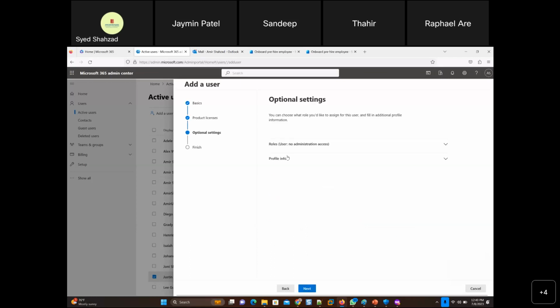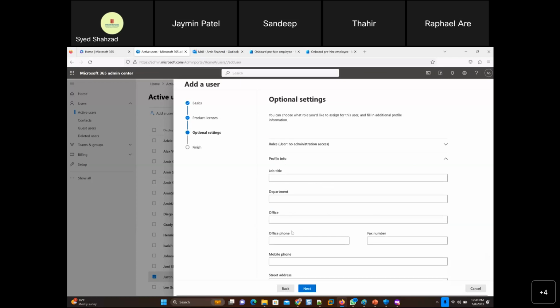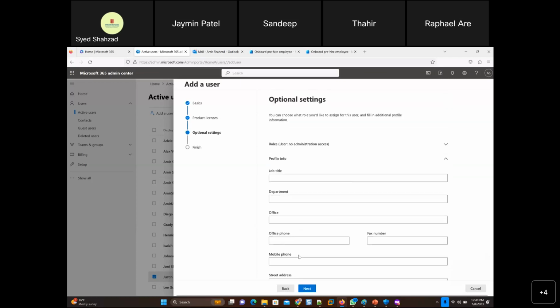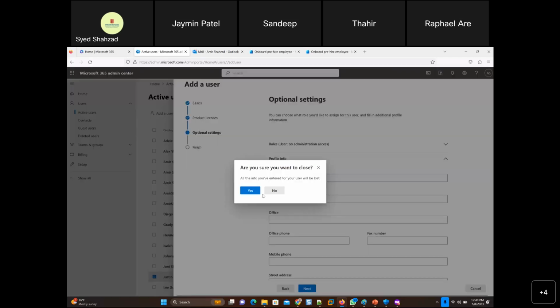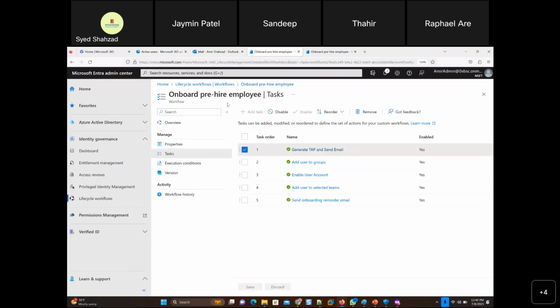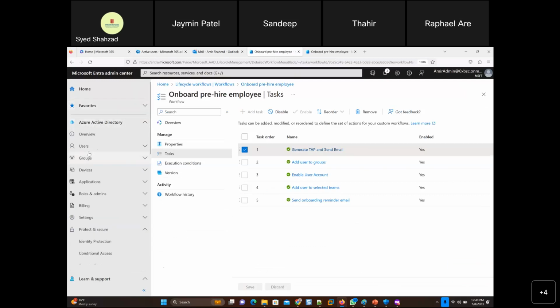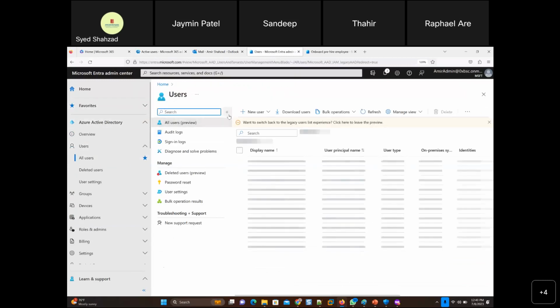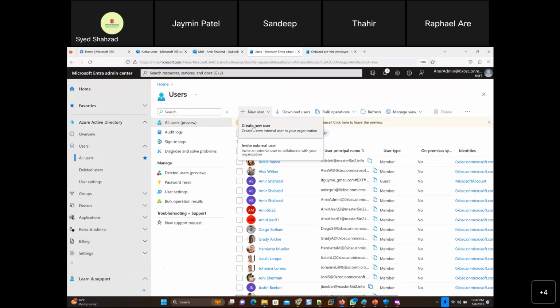Next, profile info. Not from here, from Entra. Oh, okay. So hire date is always there. I'll go to Entra users, all users, new user, create new user, right?